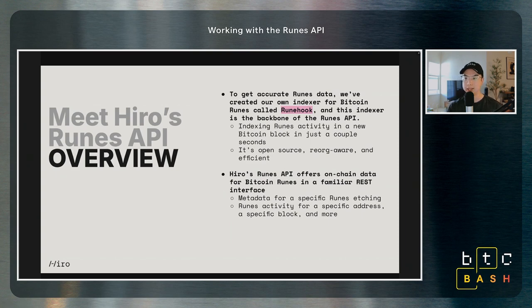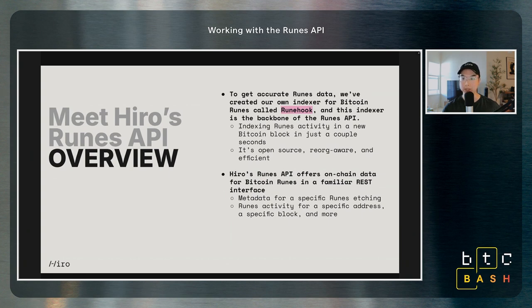So Runehook is an indexer that is the backbone of the Runes API. Runehook is the software that is reading and looking out for these messages in the OP_RETURN field of a Bitcoin transaction. It's then processing these messages and then storing them on a database that is readily available with our